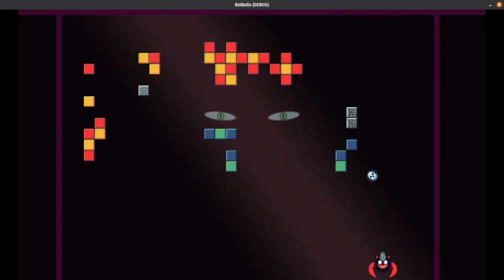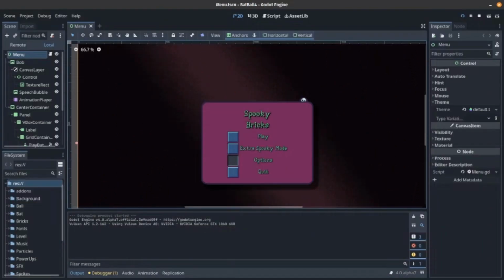But yeah, that's Spooky Bricks so far, and I think that's a fun little project. So I'm just going to put this over here. And we're back. So that's looking really awesome, especially as a beginner game for students to get their teeth into,